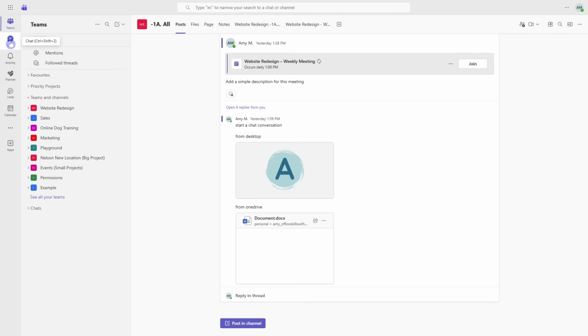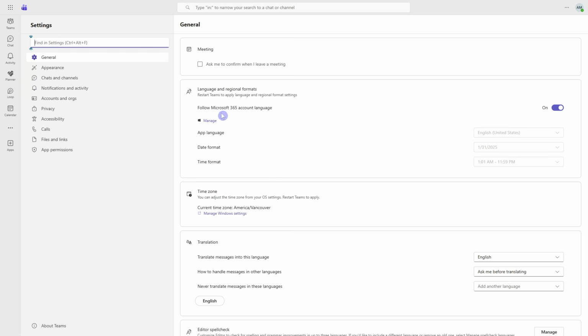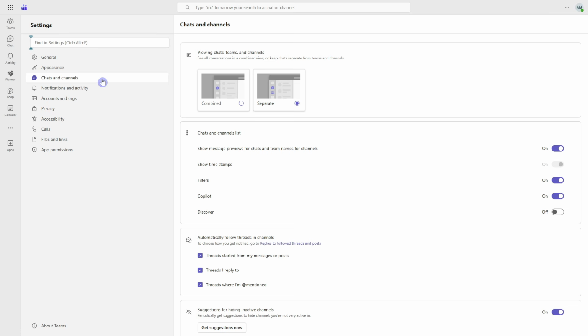So to switch this view, we can go up to the three dots on the top right and go settings. And then we can go to chats and channels. And at the top here, we're going to have combined or separate. So right now I'm in the separate view, but if we go combined, then it tucks that Teams icon into your chats. Alternatively, you can go in the separate view and it then separates the Teams and the chat areas